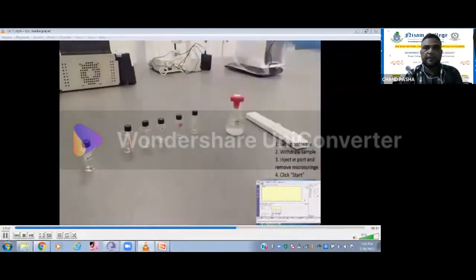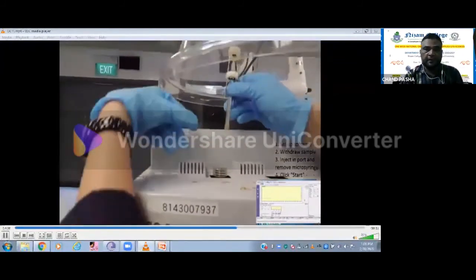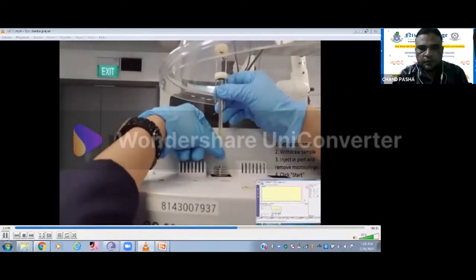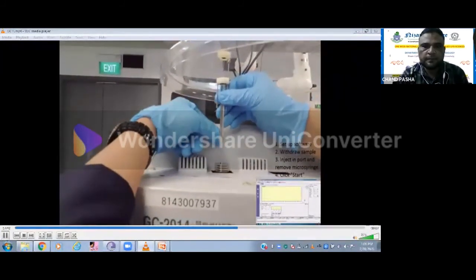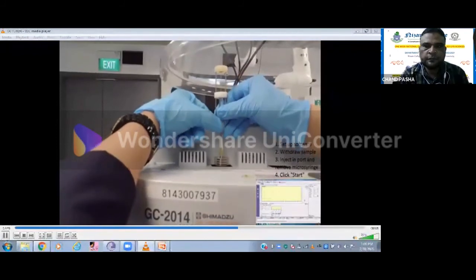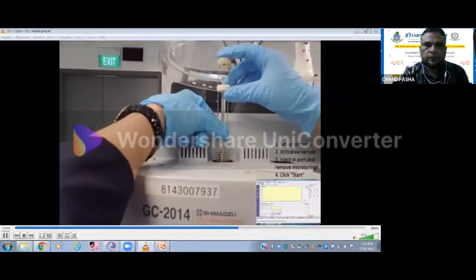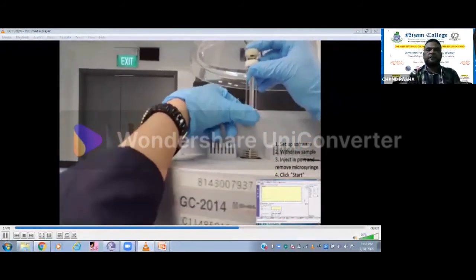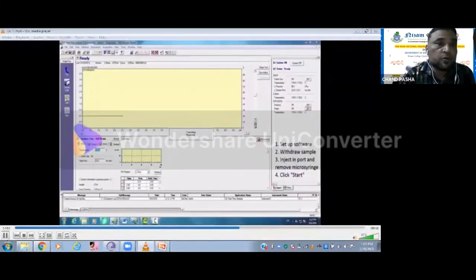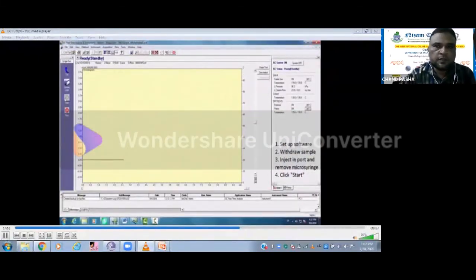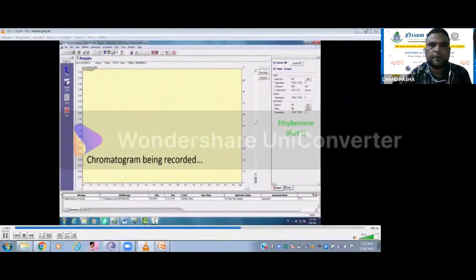Like HPLC, we don't have a fixed loop here. In HPLC, what happened? The excess is removed. Now it is ready. It is now in the acquiring mode. It is collecting the information.